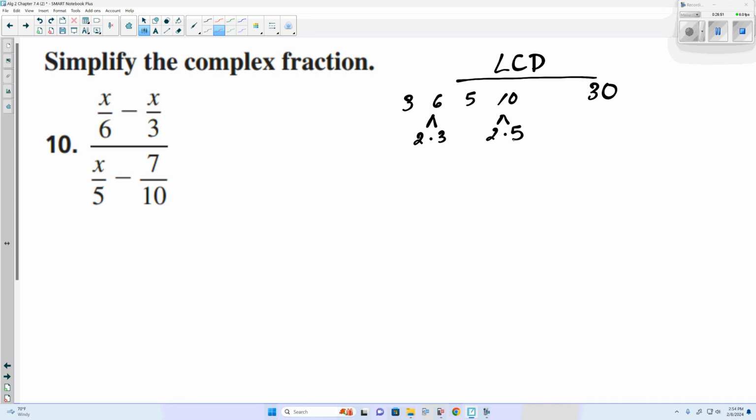I'll go into 30, and it's the smallest number that all 3 will go into. Funny enough, 6 and 3's least common denominator is 6, because the first number we can turn both 6 and 3 into is 6, yes? What's the first number we can turn both 5 and 10 into? 10. So we're really looking at the least common denominator between 6 and 10. Because these two, least common denominator is 6. These two, it's 10. So we're really looking at 6 and 10. But